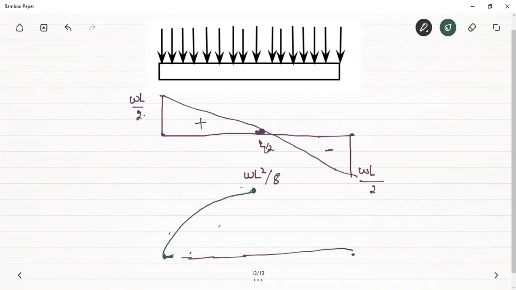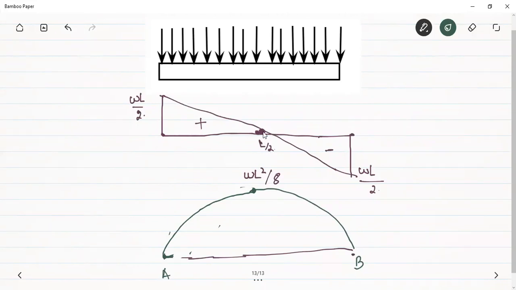Second parabola has to be drawn from midsection to this point B. This is A. Two parabolas can be drawn, increasing slope and decreasing slope. Which should I draw here? What is the shear force? Is it increasing or decreasing? It is increasing. Don't look at the sign. Its magnitude is increasing. Then I should draw the parabola whose slope is increasing. So see the slope of this parabola. Initially it is less, and it goes on increasing.